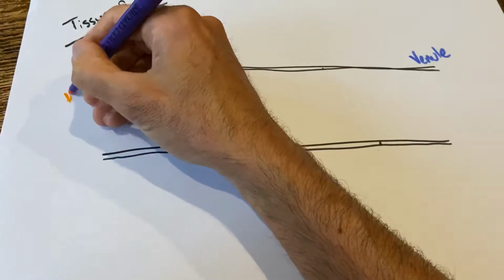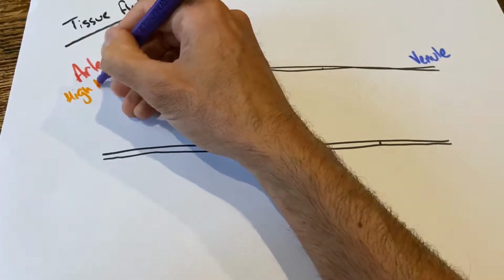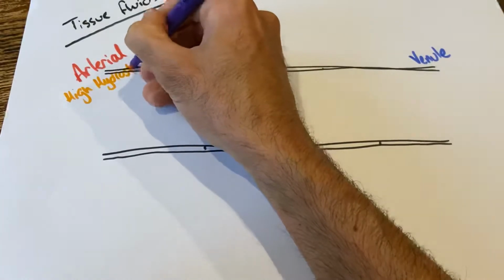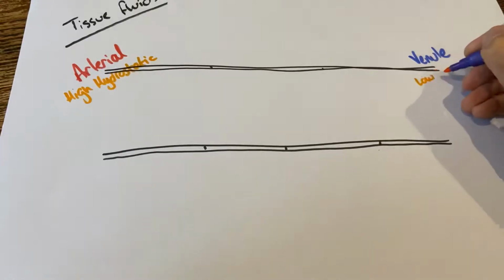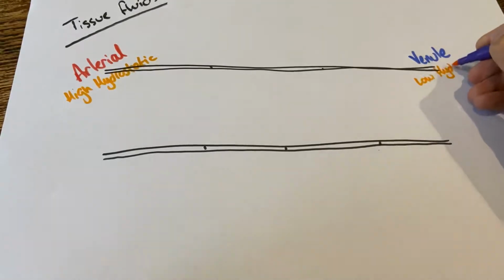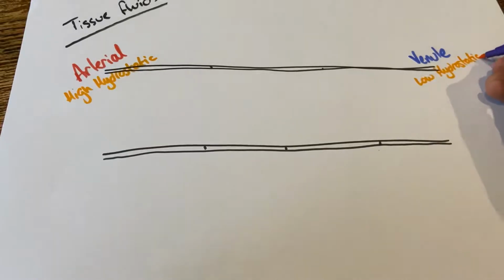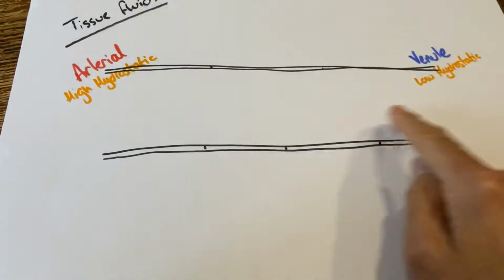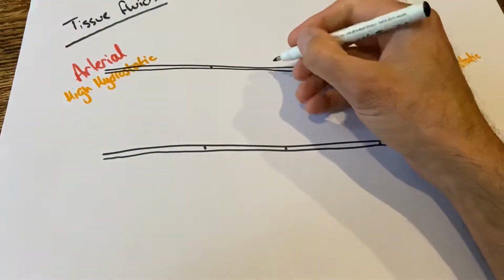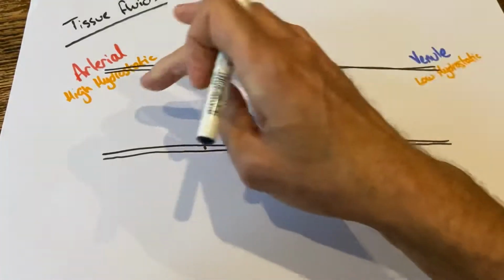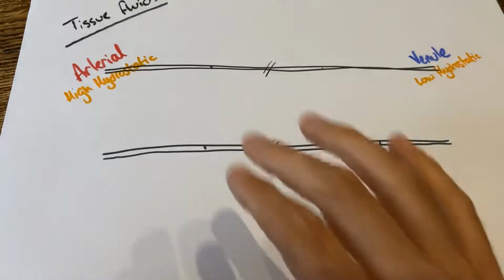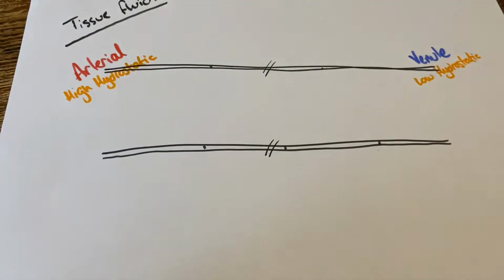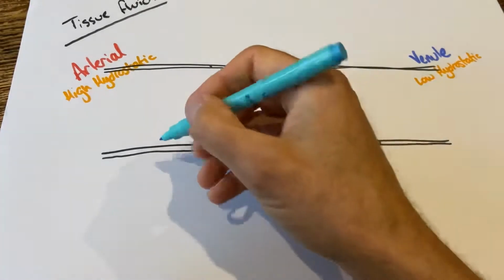So one might say that actually at the arterial end we have a high hydrostatic pressure, and at the venous end we have a relatively low hydrostatic pressure, just further down the line. Now, obviously in this diagram, it seems that this end and this end are right up next door to each other. There is this indeterminate distance between the two parts, which I'll go through and discuss in just a second afterwards. Now, this high hydrostatic pressure means that small molecules, like water,